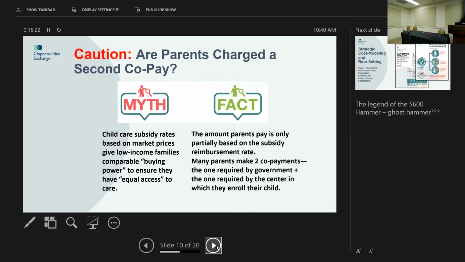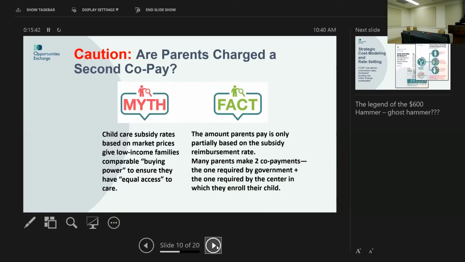What that means is that thousands of poor families are paying two copayments. And in my opinion, it makes our copayments moot. We based copayments on what we thought families could afford, and then they're getting hit with a second copayment. Up until now, this has been a real tautology, because states have said to me,